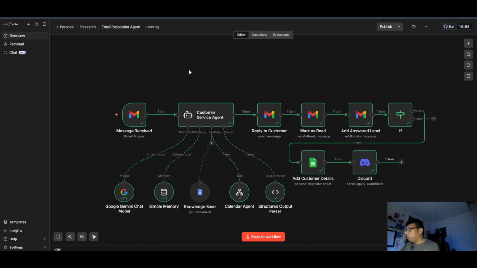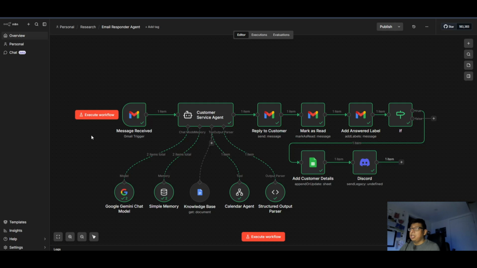As you can see, I'm just using the simple nodes here from n8n: Gmail, Google Docs, Google Sheets, Discord, all free tools. The only thing you would really be paying for would be just the API credits, which is very minimal. Since I'm using Gemini, I stay well within the free tier threshold. They have a very generous threshold, so just something to think about. Of course, if you get really busy, this might hit into your paid threshold, so just keep an eye on that. But otherwise, everything else here, no extra charge.